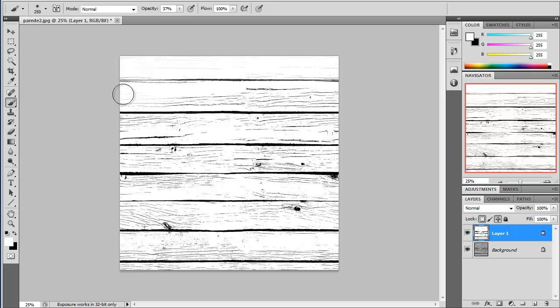I'm just creating a new map. Maybe I'll Ctrl Z sometimes, Ctrl Alt Z,